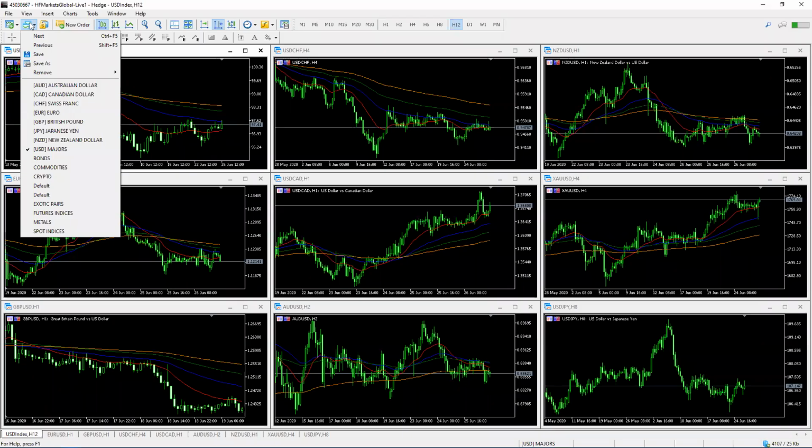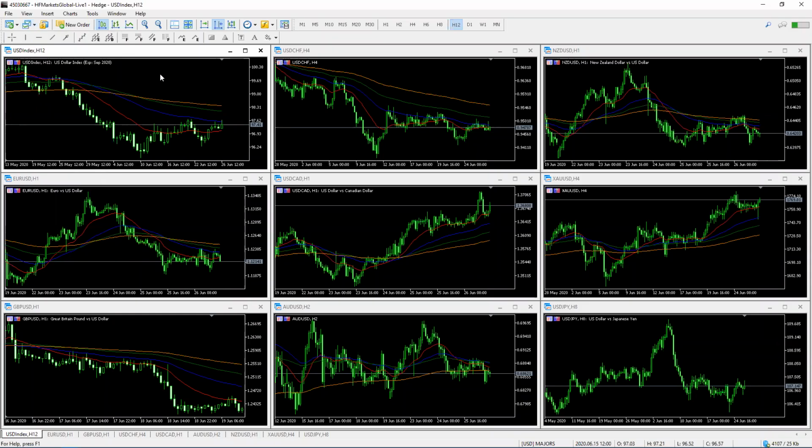Okay, so we're going to start with the US dollar. This is the USD major currencies. The first thing you need to do is pull up all your charts. I have the USD index, Euro USD, GBP USD, USD CHF, USD CAD, Australian USD, New Zealand USD, Gold, and USD JPY. The second thing, personally, I use the moving averages to determine the trend of